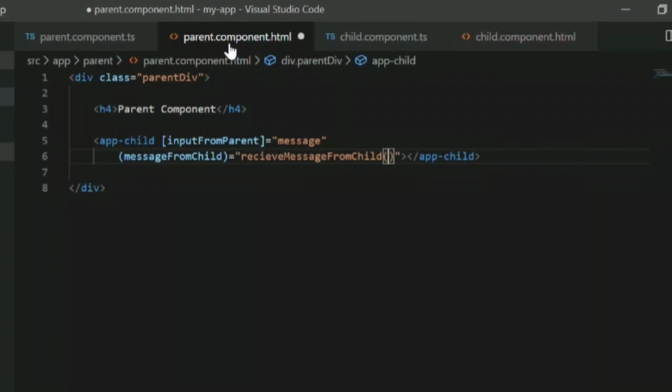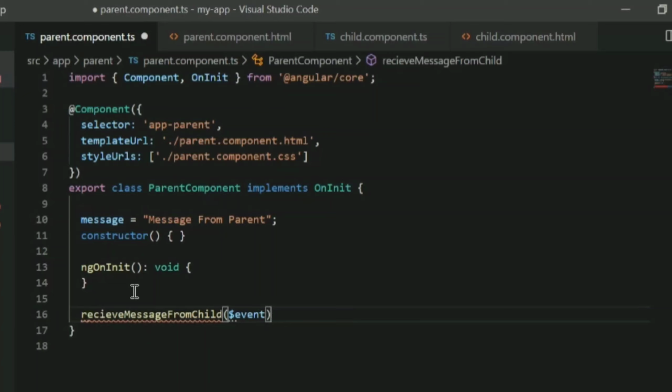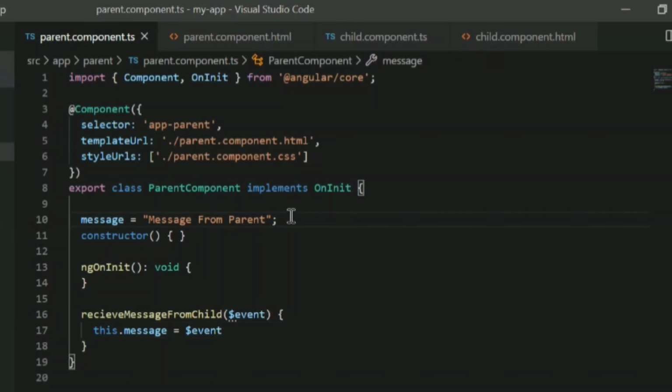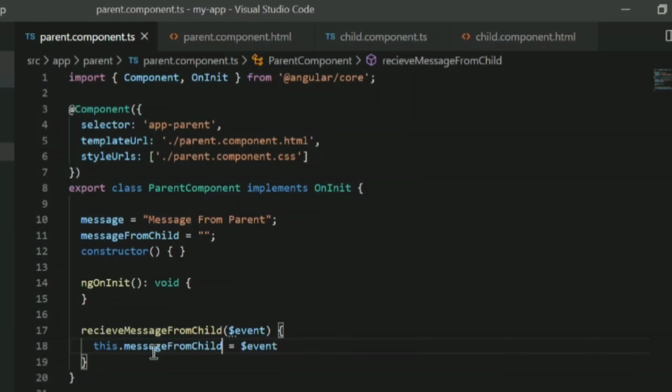Also add the definition for the same in the component class. Assign your event message to the component message variable and also display this message in the parent HTML.